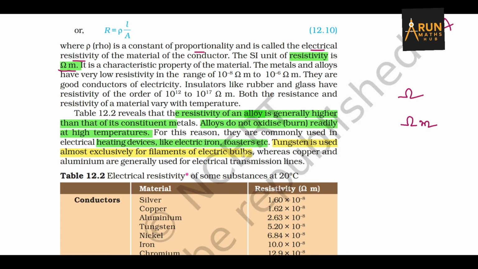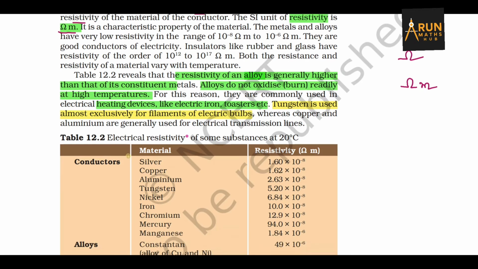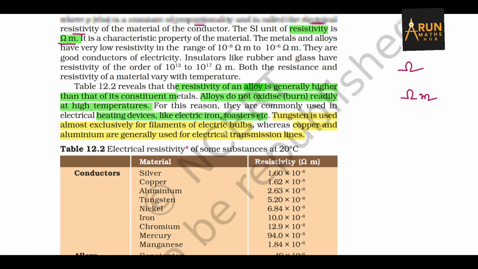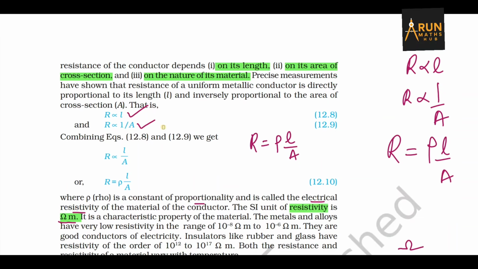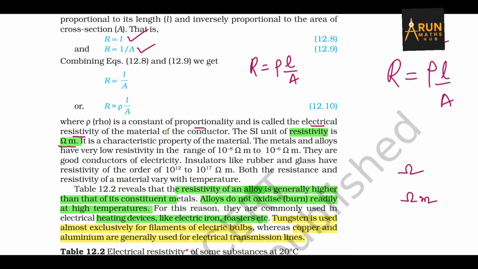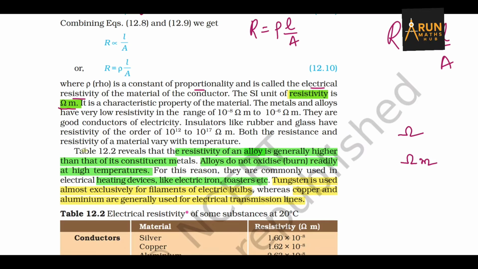Because on heating it starts emitting light. That's why tungsten is almost exclusively used for filaments of electric bulbs, and copper and aluminium are generally used for electrical transmission lines. So in this paragraph you have learnt about the factors on which the resistance of a conductor depends, and the important concept of resistivity, the SI unit of resistivity, and also